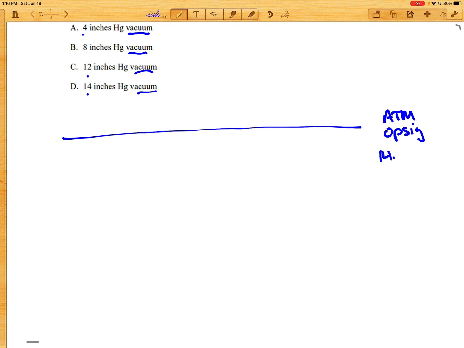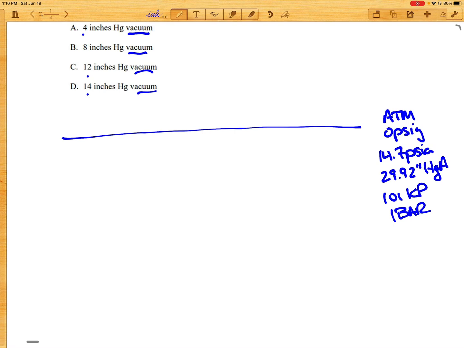Atmosphere is 14.7 psia. Atmosphere is 29.92 inches of mercury absolute. Atmosphere is 101 kilopascals. It's 1 bar. And a whole lot of other